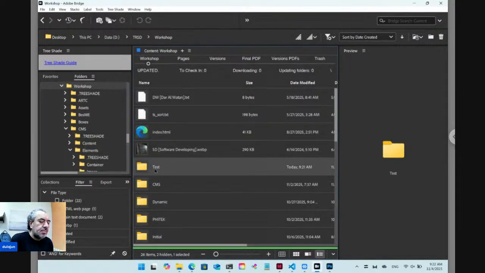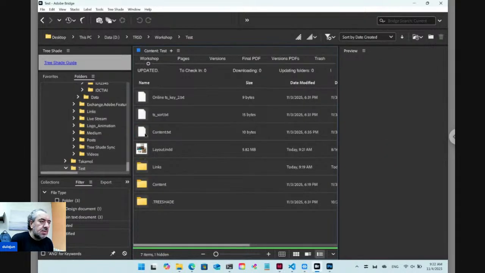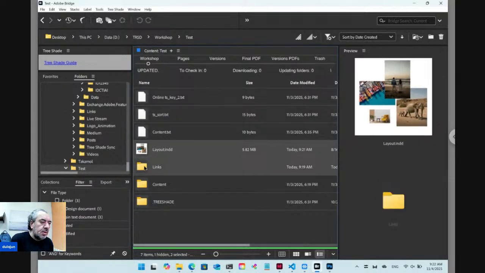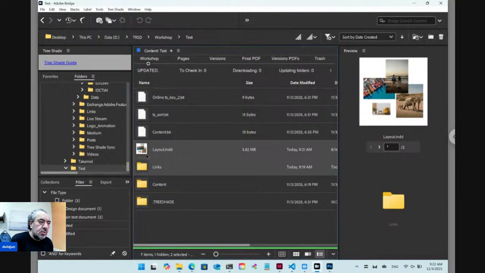So let's copy the content. Let's copy the document and the links folder, both of these. So copy, Control C,